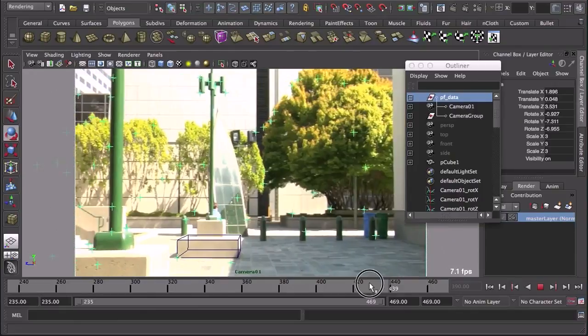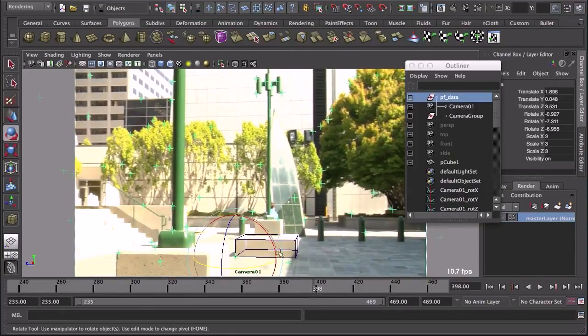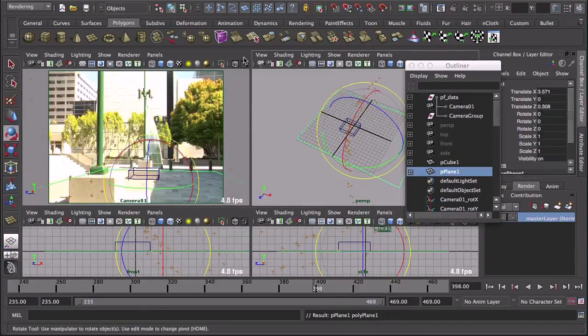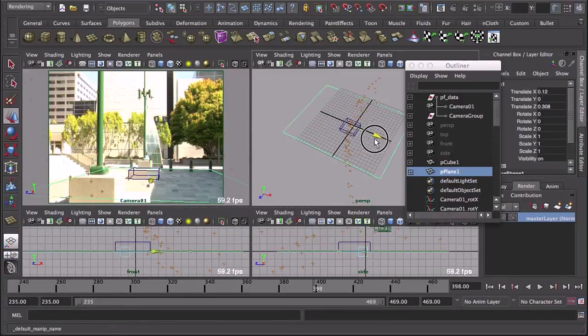Great. I can continue to build my scene here. I can take a plane and create the floor, just like that. Let's see, maybe over here. And I can move this back, and I can take my scale tool and scale my floor. In the next video, we're going to talk about